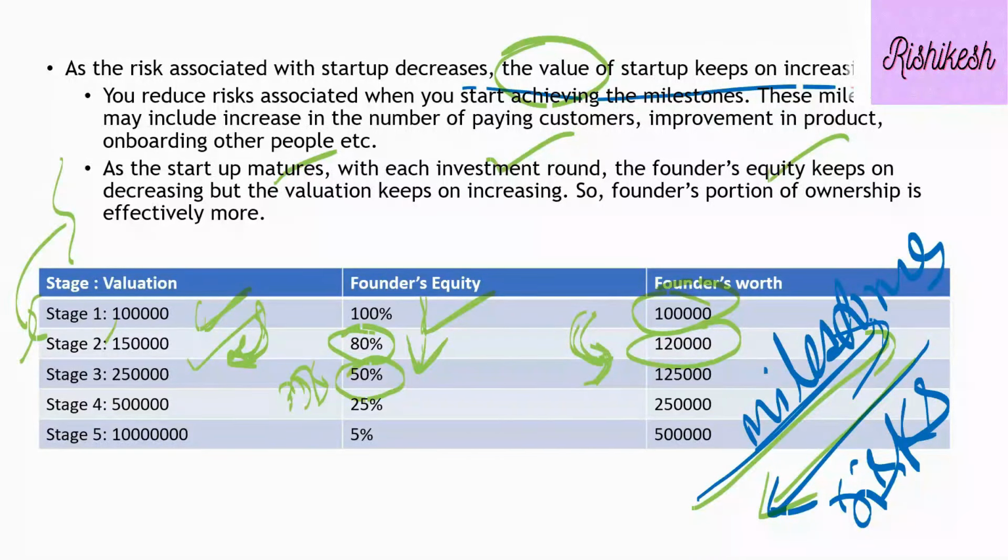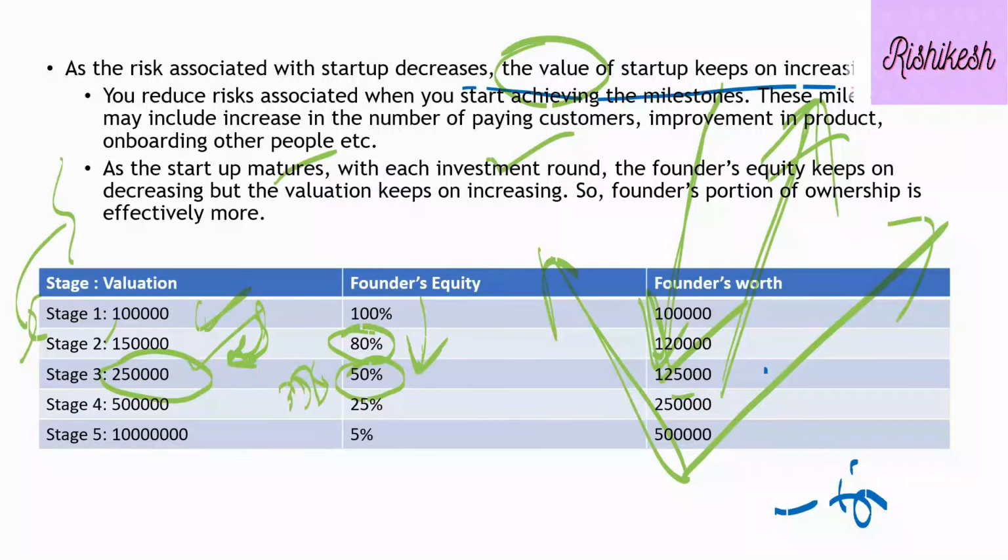So what is happening, if you talk about it in terms of the graph, is that the founder's equity keeps on decreasing, but the founder's worth keeps on increasing, and ultimately in the fifth stage, where you've got